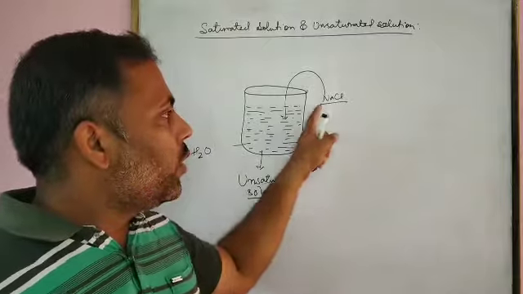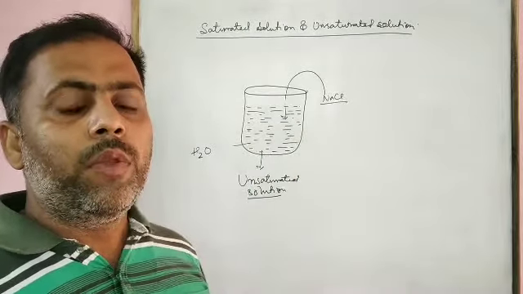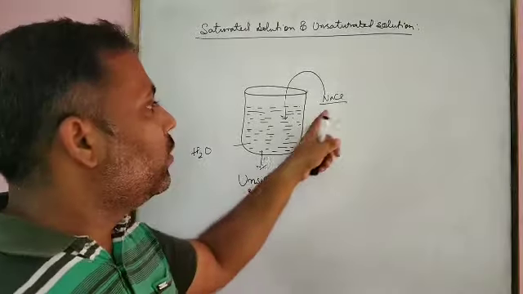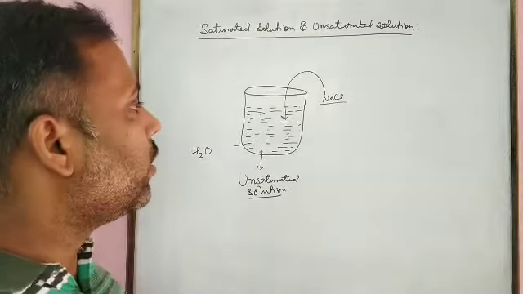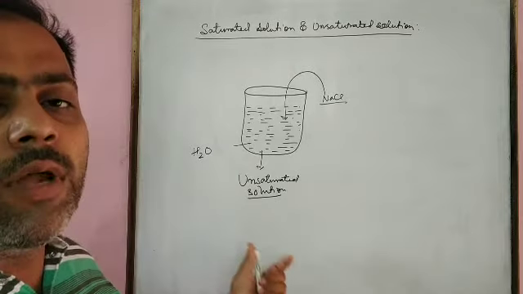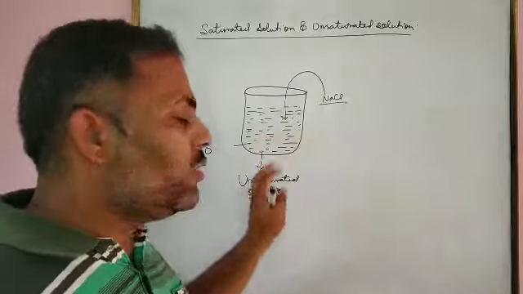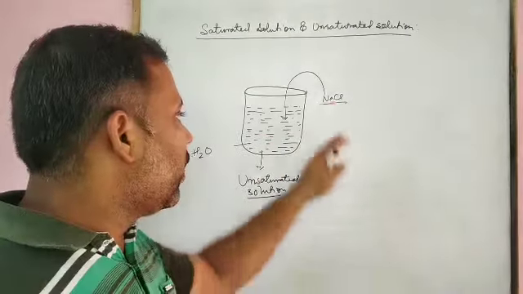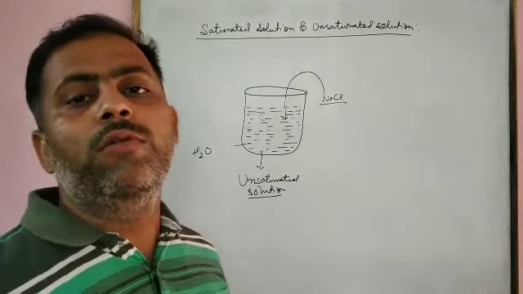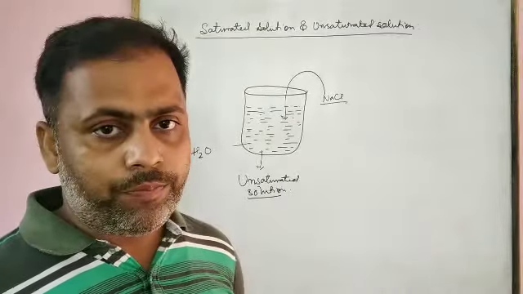And the sodium chloride in water forms a true solution. That's why we will not be able to see the particles of the sodium chloride when it is dissolved in water. First, what we are discussing is the unsaturated solution. It means the solution is termed as unsaturated because we can dissolve more and more sodium chloride into water.